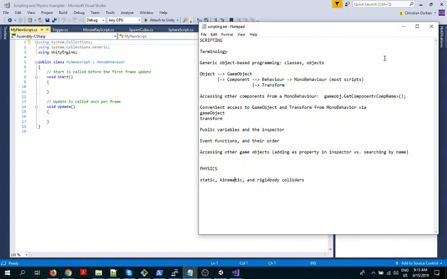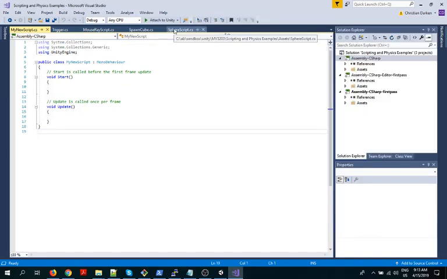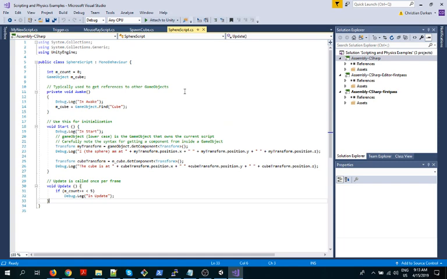All right, so I think that's good to get started. Let's actually look at the script that was on the sphere, and I'll come back to this in a little bit. It's mostly just stuff I want to make sure I say before we're done. So this is the script that's actually on the sphere. Let's take a look.